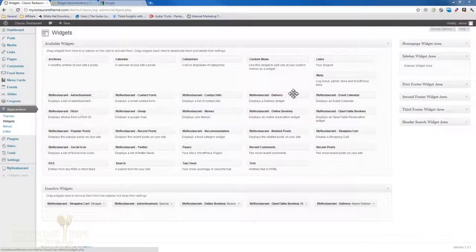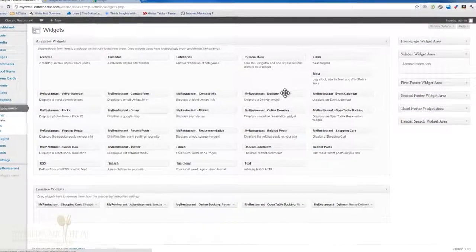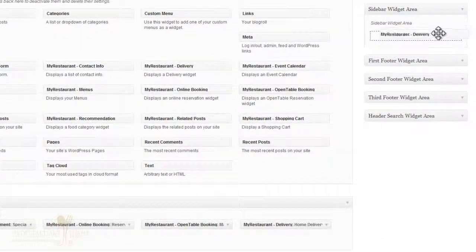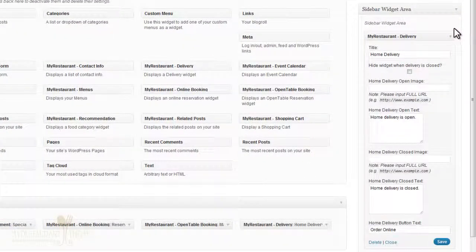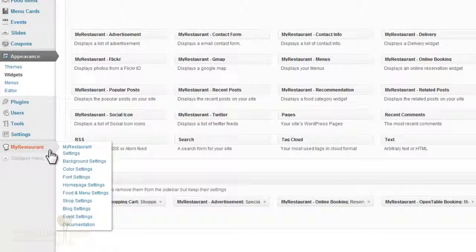The restaurant delivery widget is designed to give a notification to your website visitors that you have a home delivery service, and it'll also automatically tell your visitors whether your home delivery service is open for business or not. Basically you just need to drag and drop it into any widgetized area, and we'll go through the options, but first of all you'll need to set the opening times for your